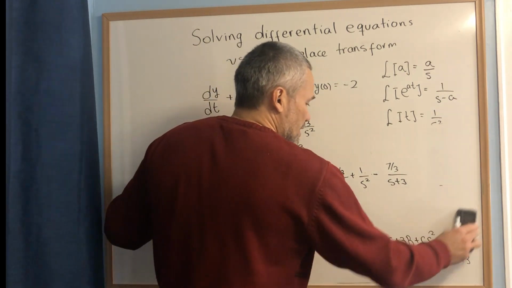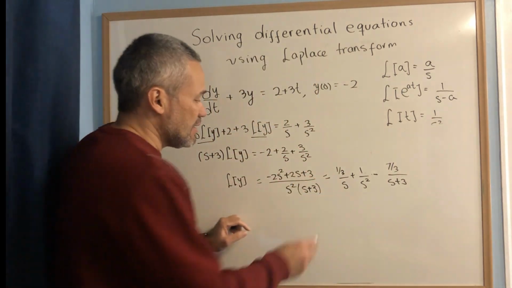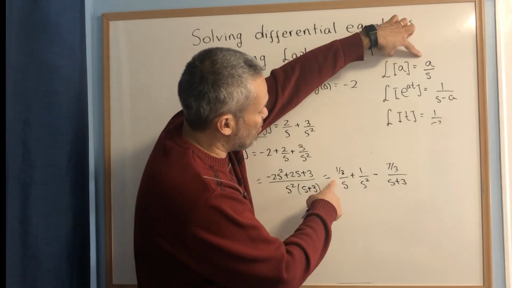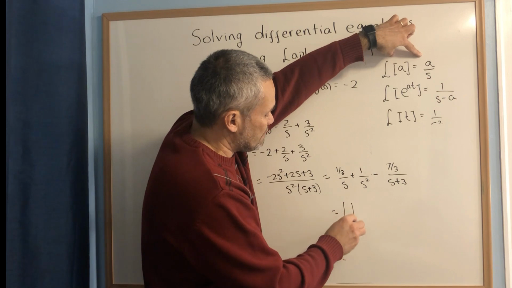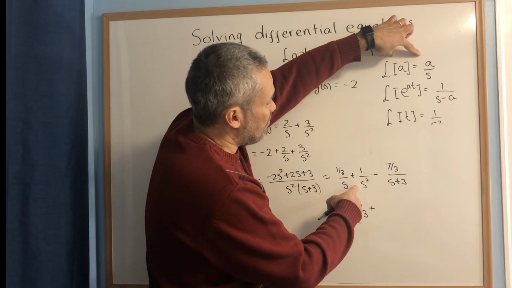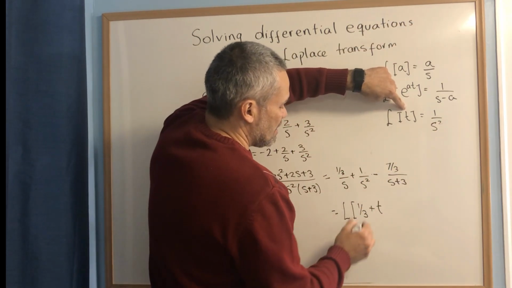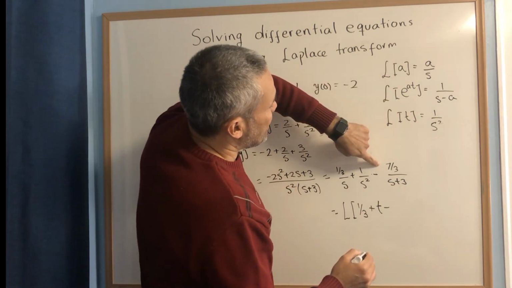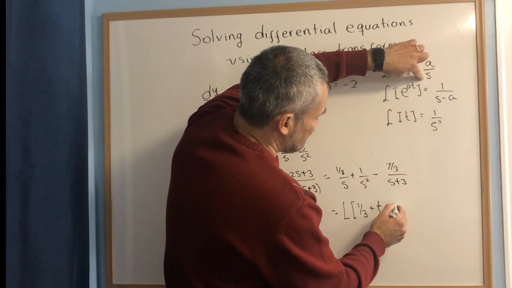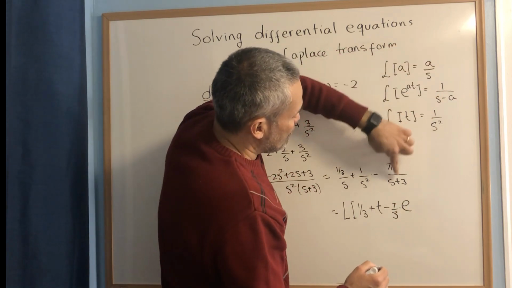And all this work of Laplace transform was just to rewrite it like this. But now I can compute the Laplace transform inverse, because if we look at this formula and compare it with this, we know that this is the Laplace transform of the function 1/3. And this part is the Laplace transform of the function t. And this part is the Laplace transform of, what is a when you compare these two? The 7/3 is going to be there, and here we will have an e to the, when you compare, a is